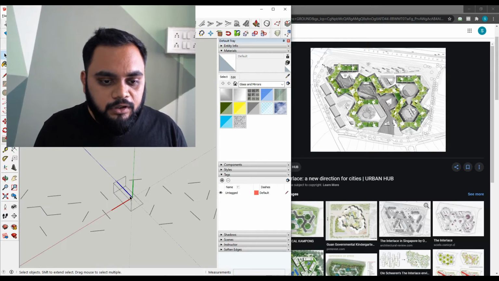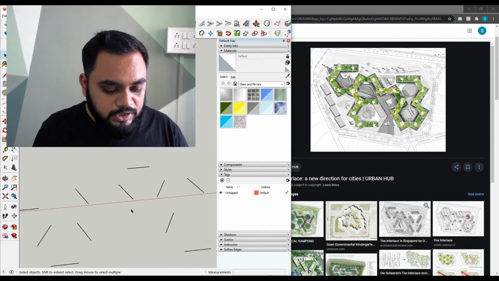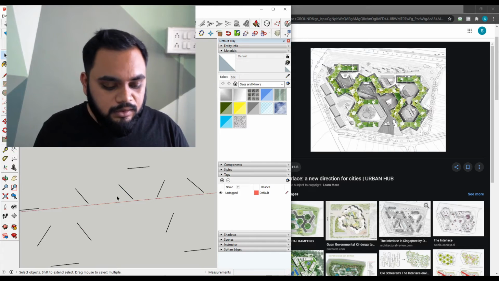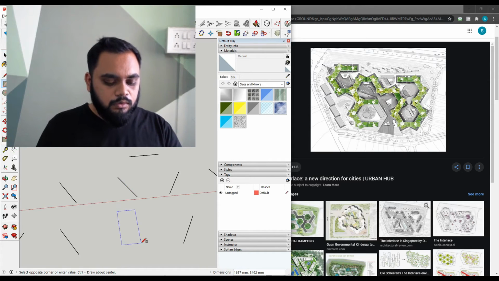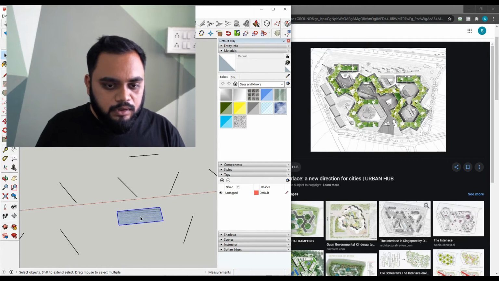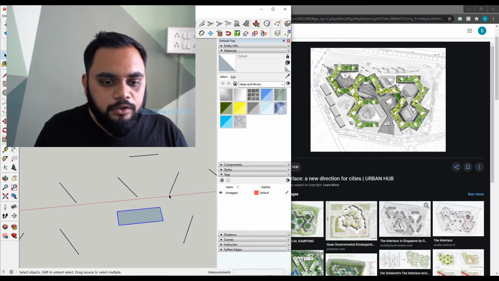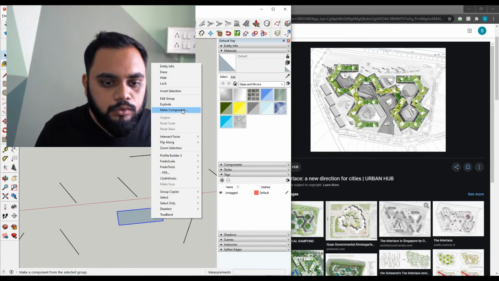Since these are components, you just have to create one single component. Now let's measure this thing. It's 3110, so let me make it around 4000, or let's just make it 4000 mm by somewhere around 1500 mm. This looks cool. I will make it into a group and then a component.